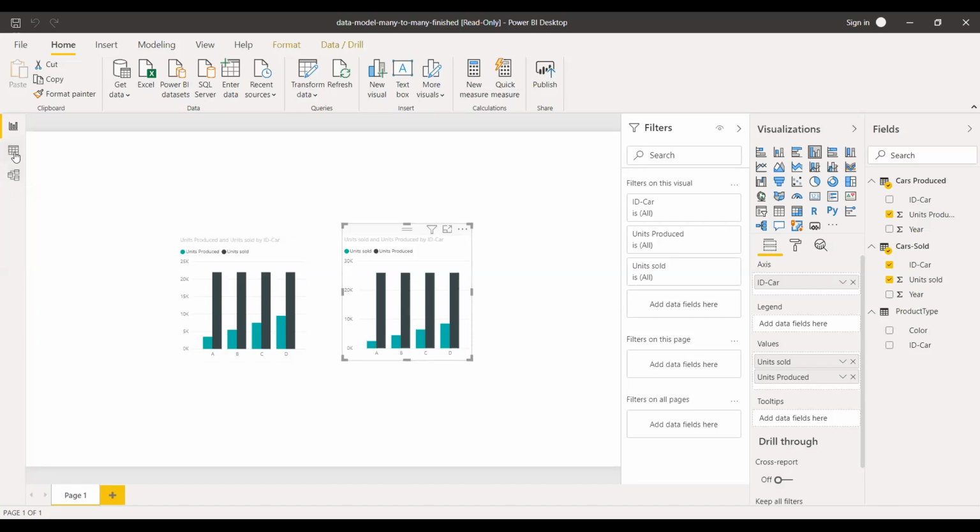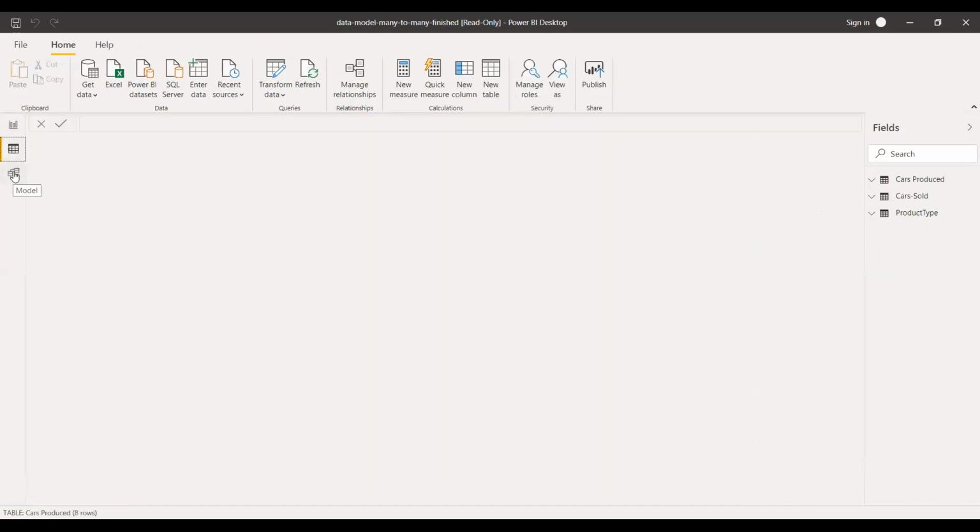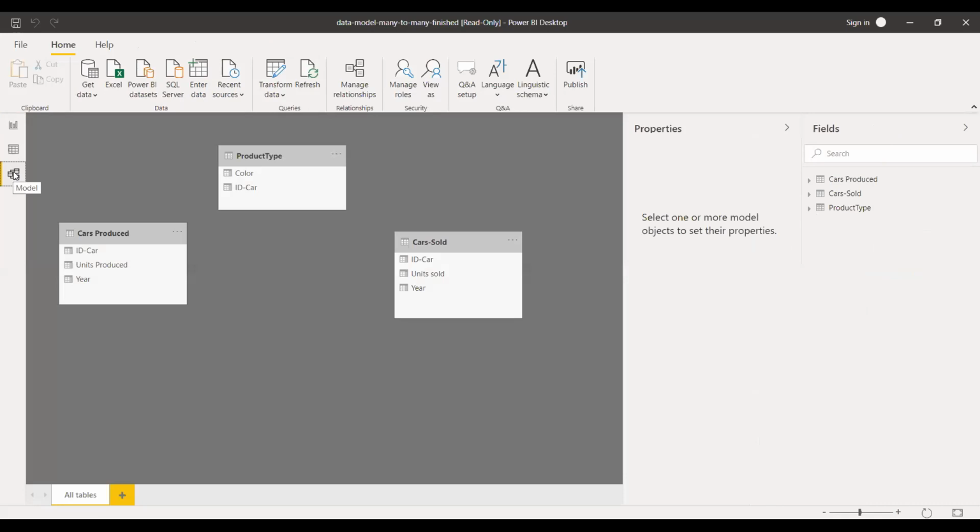What we need to do is click on the model view. Yes, there is no link or relationship between these tables. The relationship is missing between product type and cars produced, product type and cars sold, and cars produced and cars sold, because it is a many to many relationship.